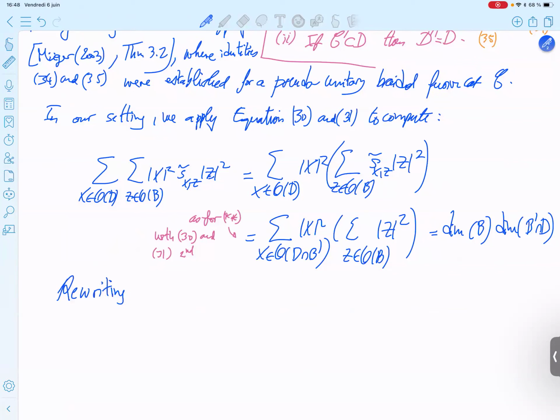Rewriting the expression by changing the order of summation, we obtain